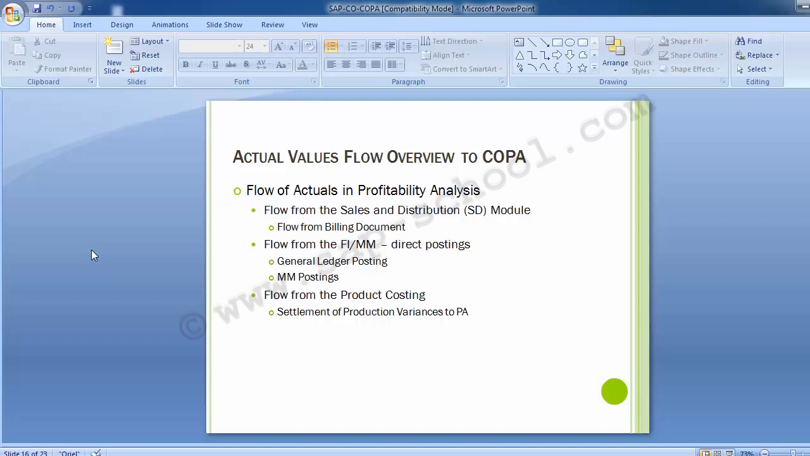You can transfer cost and revenues from direct posting, that is GL account posting in FI, orders received in MM, and so on, and settle variances from cost objects, that is production order, from product costing part to profitability segments. This is how the actual